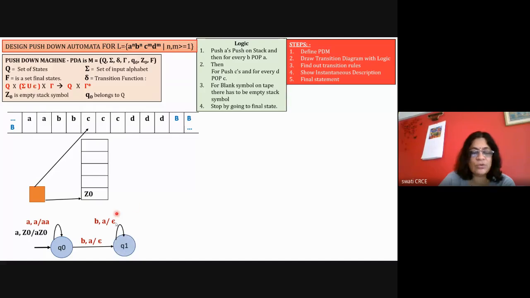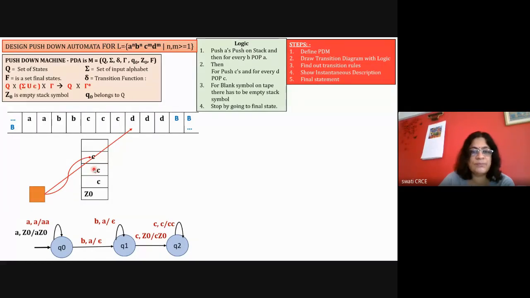In Q1, C comma Z0 is a pop operation. C comma Z0 will be C Z0, a pop push operation. In Q2 again, C comma C will be double C. Again C comma C, so the transition is already there. It will follow the same transition. C comma C will be double C. So these two C's are there, meaning these two C's are on the stack.